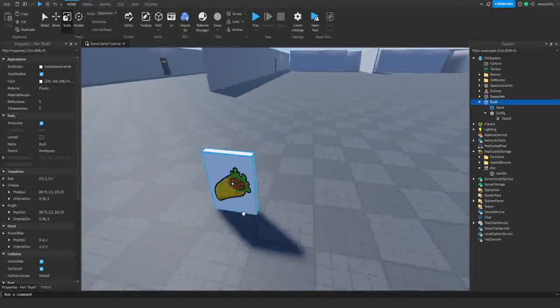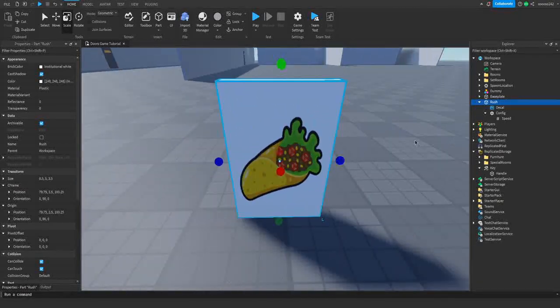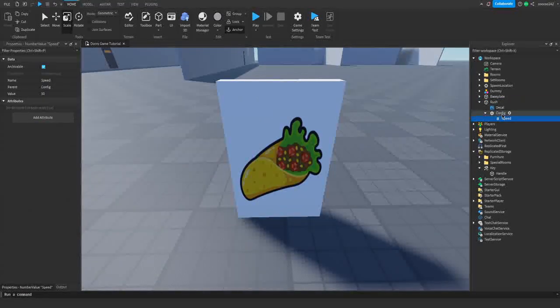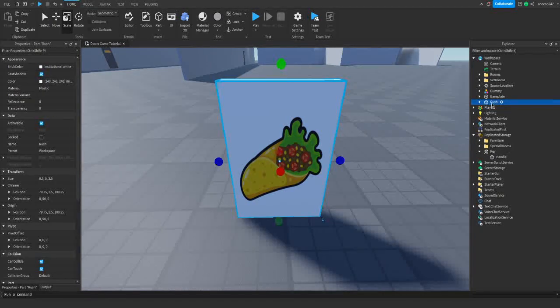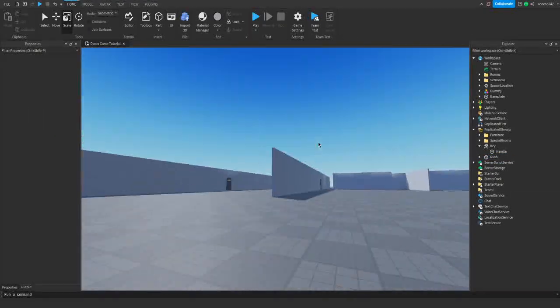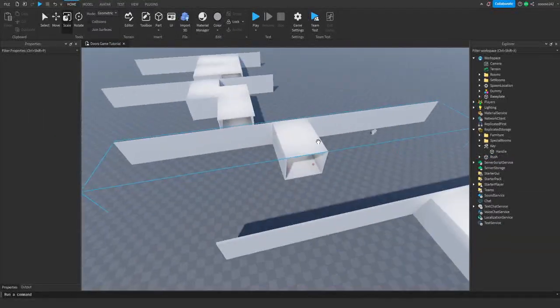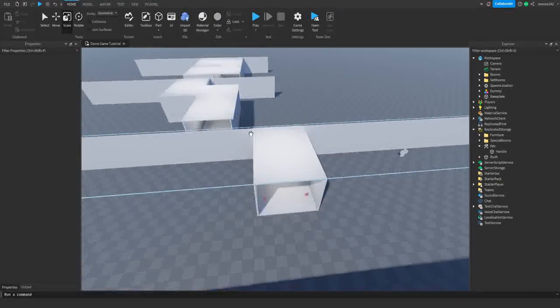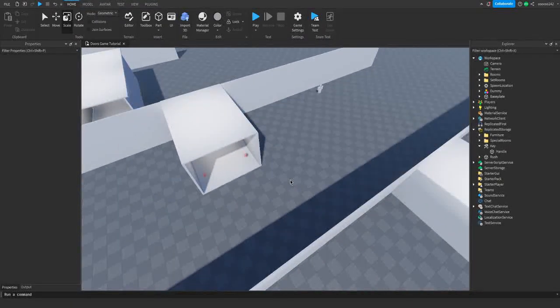So this is gonna set up data for our rush. This should be everything we actually need for the config. So now you can put rush in replicated storage for now, as we don't really have to do too much with it. Now something we have to do in our rooms is make a path